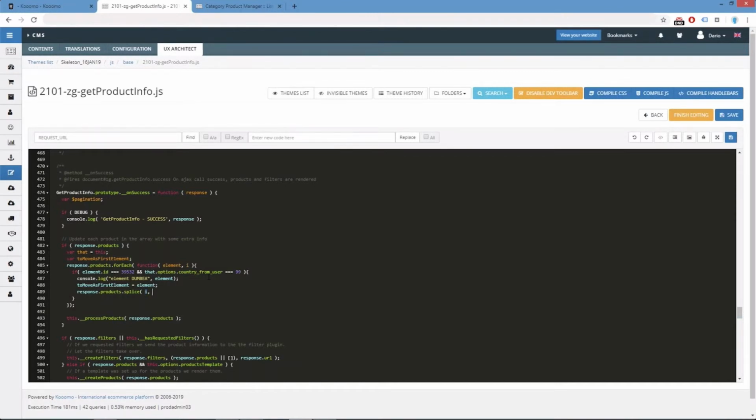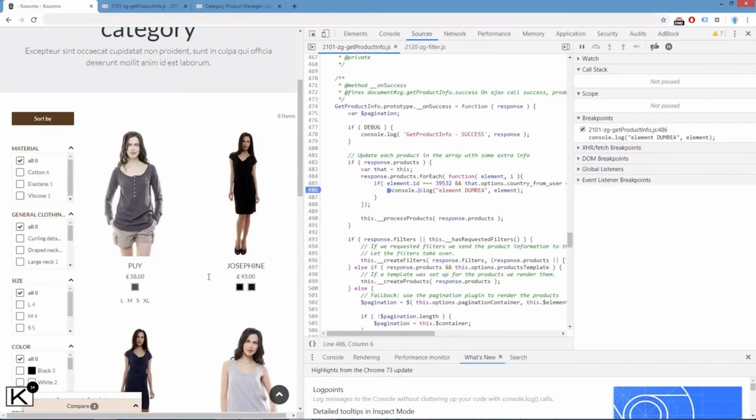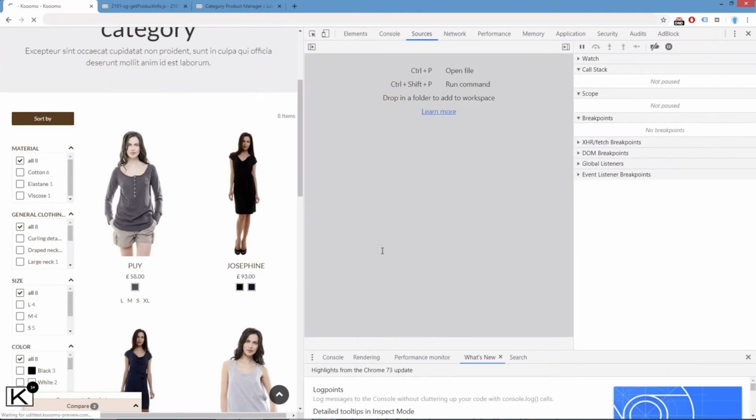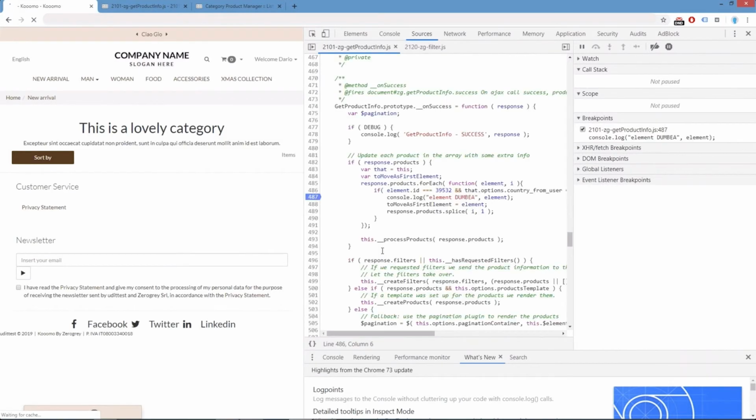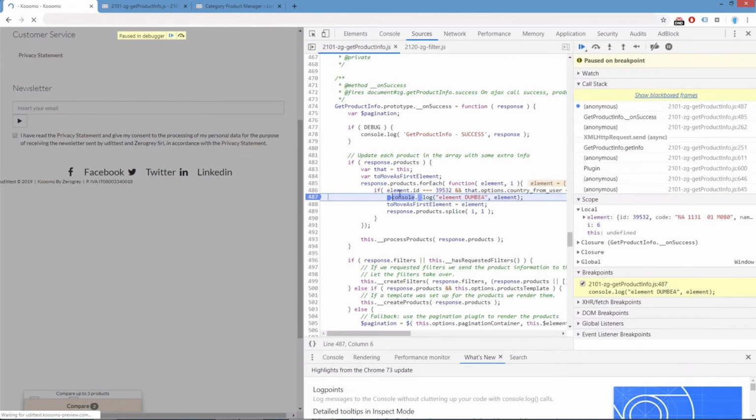In that we have what we had in this, that is totally fine. So at this point, dot options country from user is 99. Exactly, this is what we need. So now all that we need to do is to use some JavaScript function. For instance, we can say,